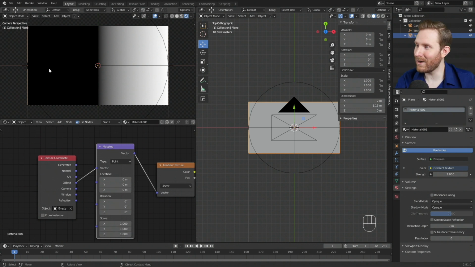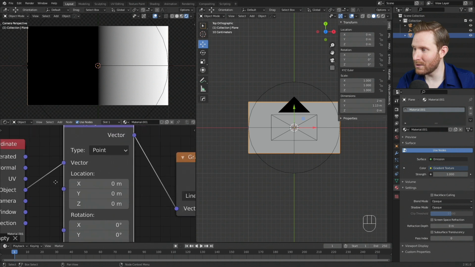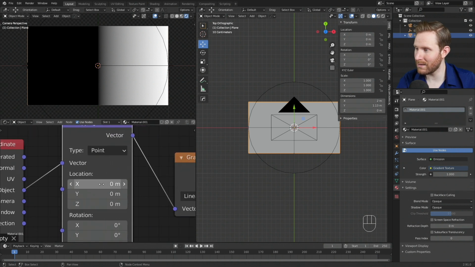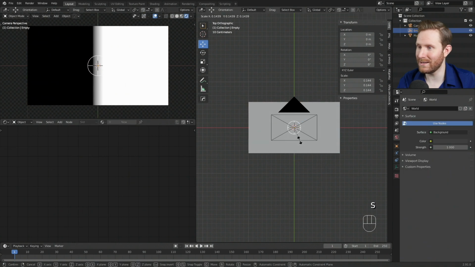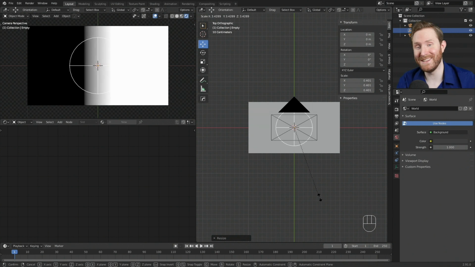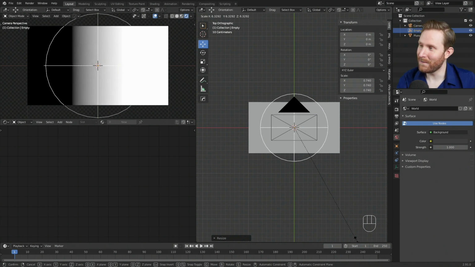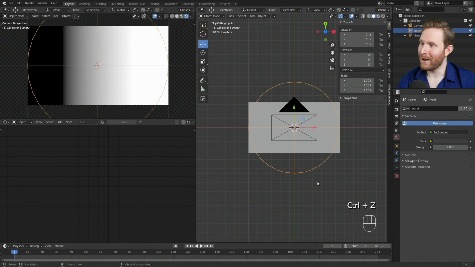So to offset the gradient by half, I'm just going to go to where it says location X. I'm going to click on it, and I'm going to type 0.5 and hit enter. So now the gradient is perfectly centered on our empty. If I scale the empty down, you can see that. It doesn't look necessarily perfectly centered because the end of the gradient is blown out white. Just trust me, it is centered. So now that we have that set up, we are ready to